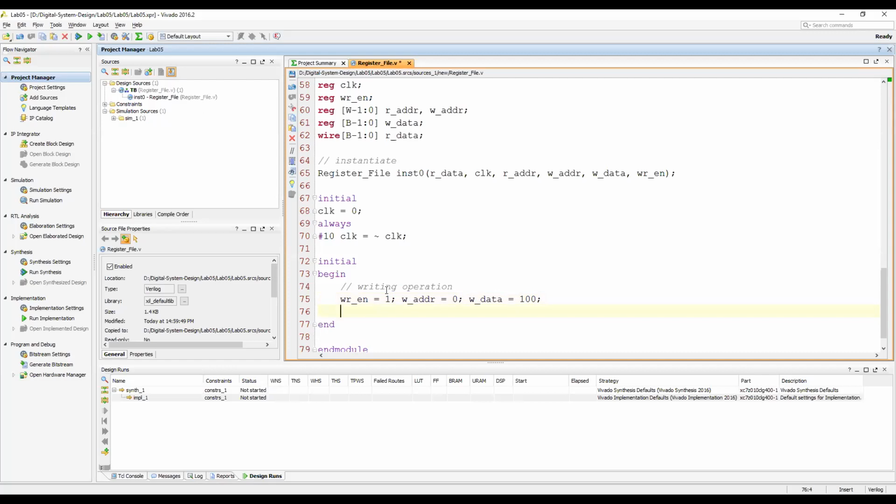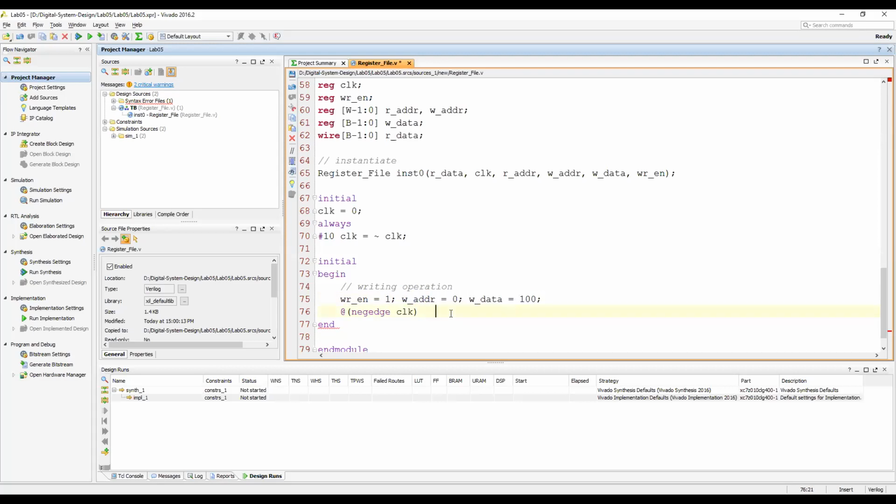Let's wait for the clock. So wait for the negedge clock, and then keep the write enable the same and just change the address and change the data.